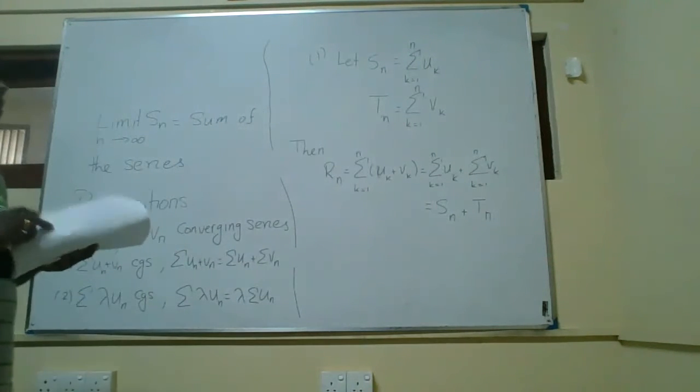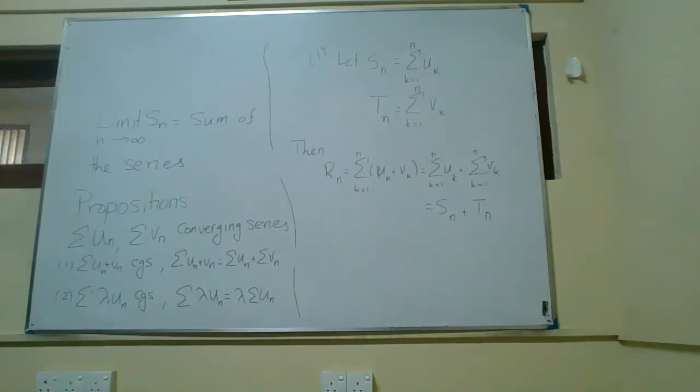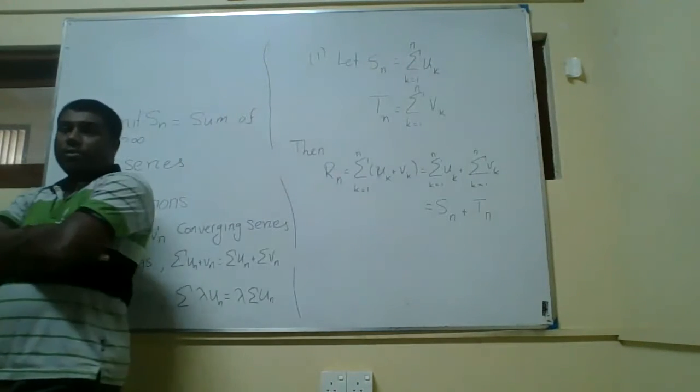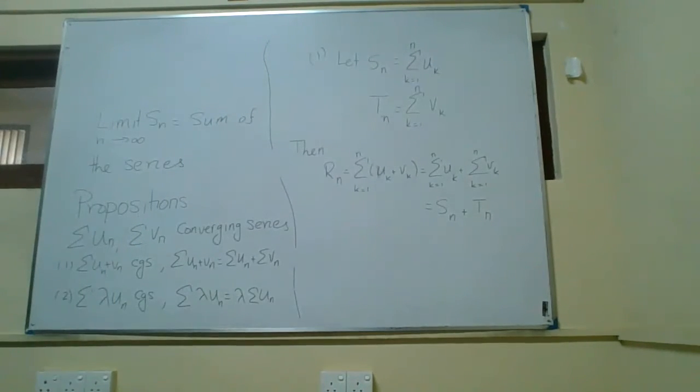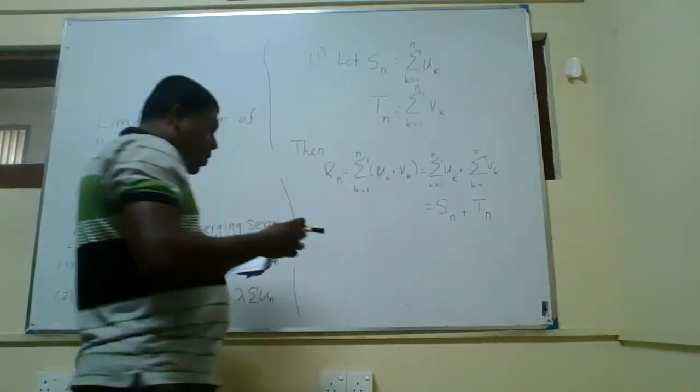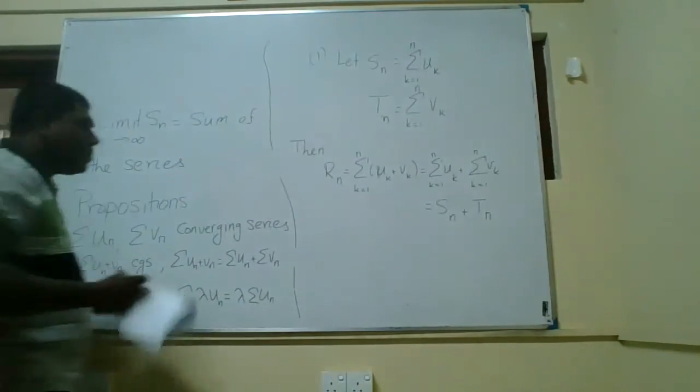A series is a summation of numbers, but when you convert it into partial sums, you end up with a sequence of partial sums. When you have a sequence, you can always go back to chapter 2 results and apply them here. So now, because these are sequences, you know that